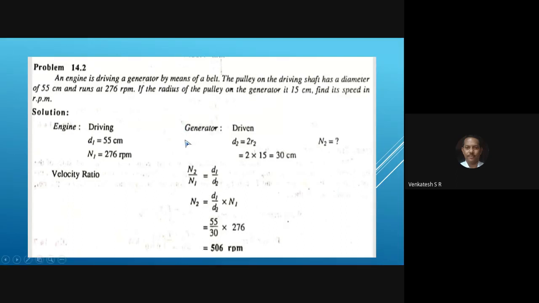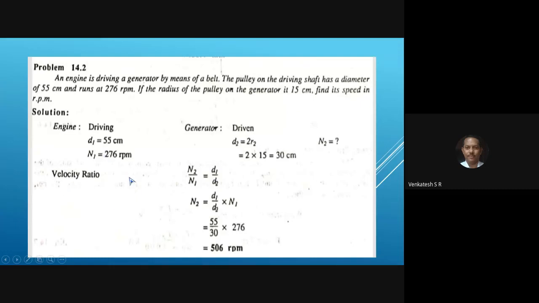Only this much. Direct substitution. In the examination, you may have the same type or a simple problem, not a difficult problem, that does not include any integration, differentiation, calculus like that. Direct substitution: read the problem twice or thrice and substitute the values. Same type of problem. In some question papers, you have speed N1 and D1, D2, calculate N2. That's the same procedure.